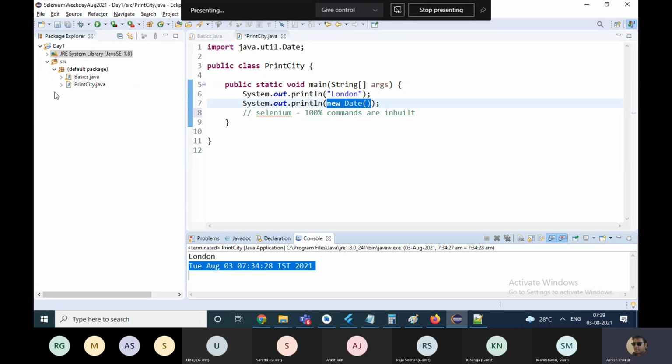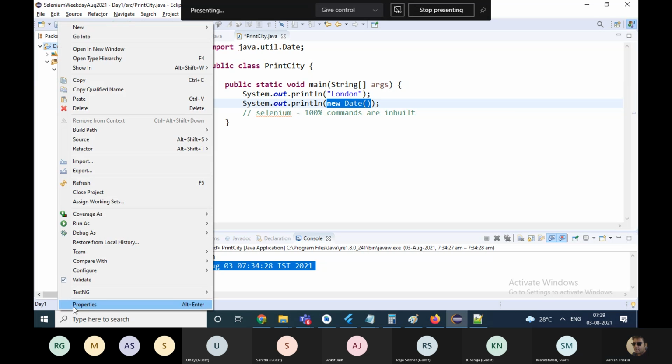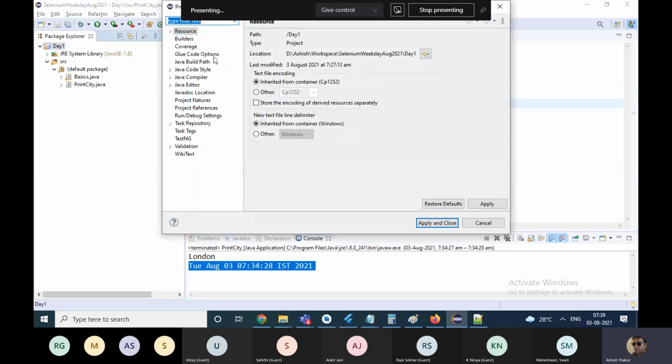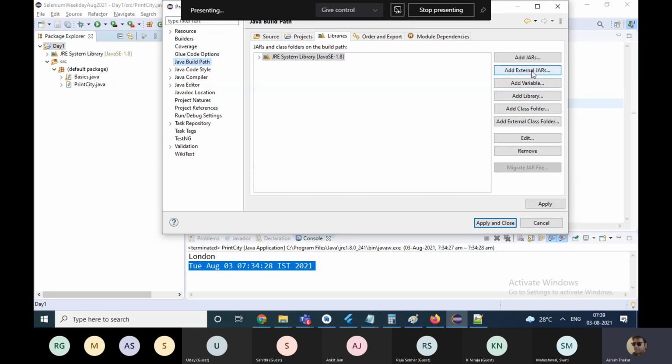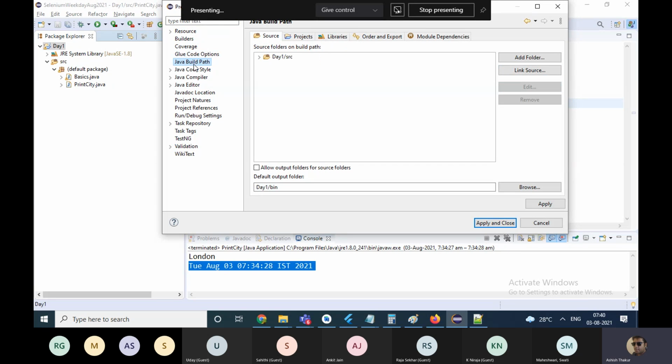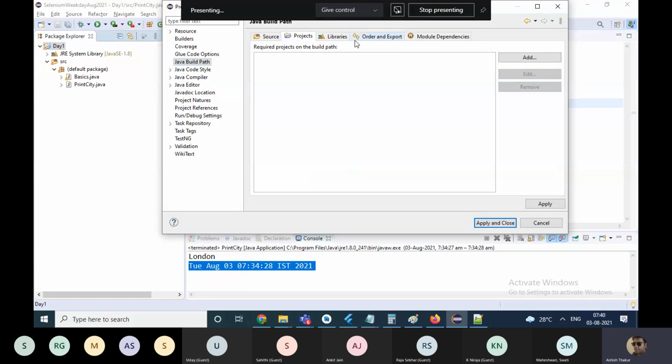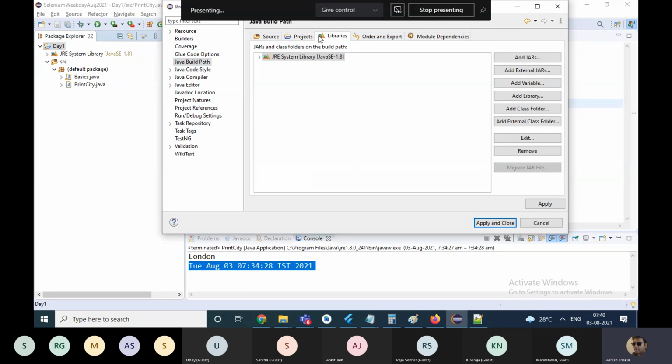So you right click on the project, go to Properties and go to Java Build Path. Under Java Build Path there are different tabs. You go to the Libraries tab and click on Add External JARs.